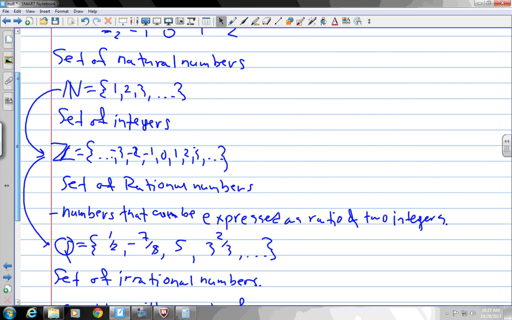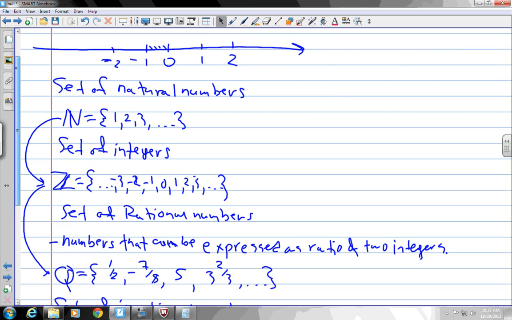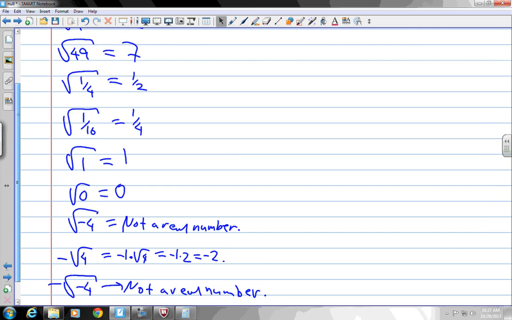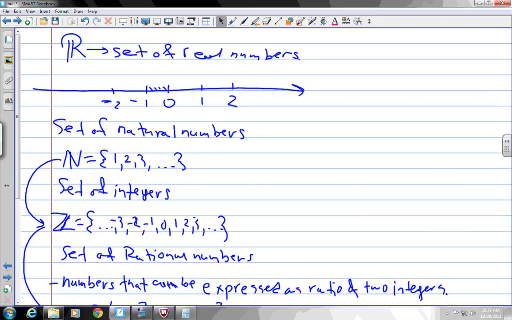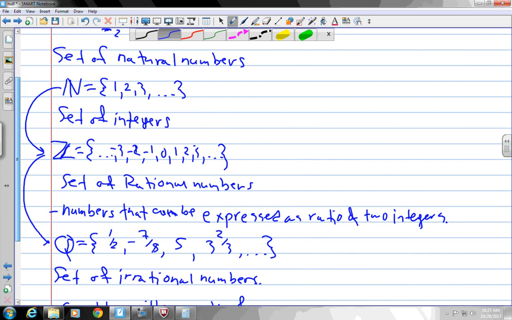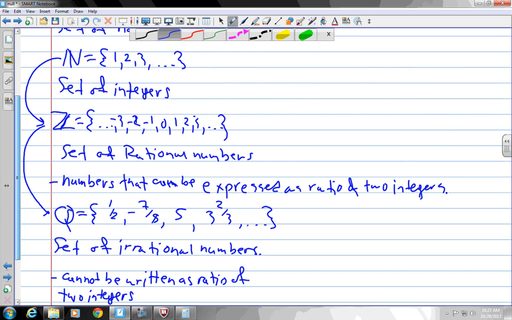So you put all that together, that's a real number. And if we go to things like square root of -4, that's not a real number. It does not belong to any of our sets here. It does not live on that number line. It lives somewhere else. We don't need to know that yet. So you're saying that all of these are real numbers? Yeah. It's just I'm kind of partitioning the set of real numbers,